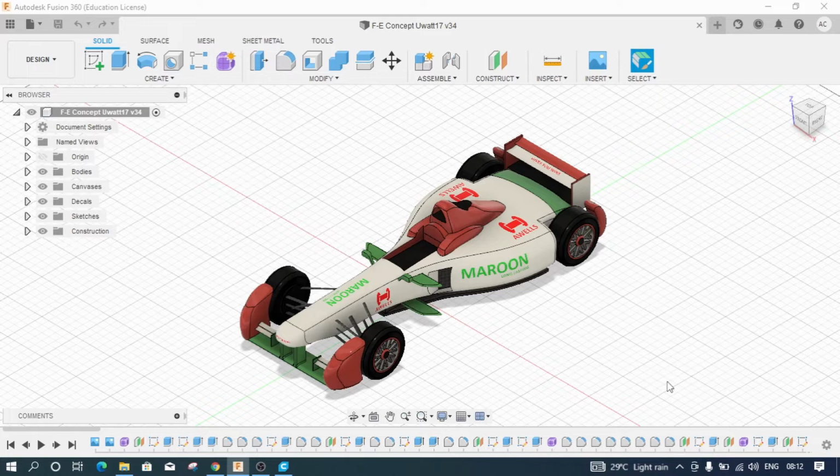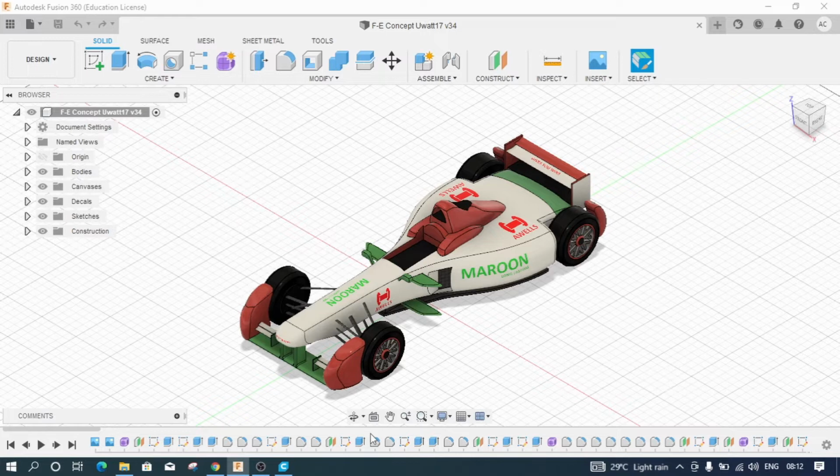Now coming back to our video topic on getting started with Ultimaker Cura, I will give you a brief overview of this amazing slicing software and then we will dive into optimizing your 3D prints in more detail. So firstly, I will show you how to download and install Ultimaker Cura.